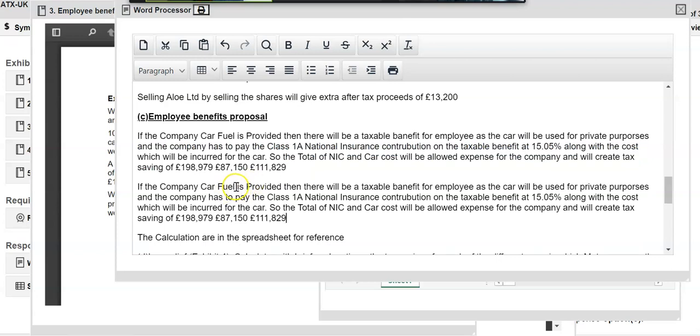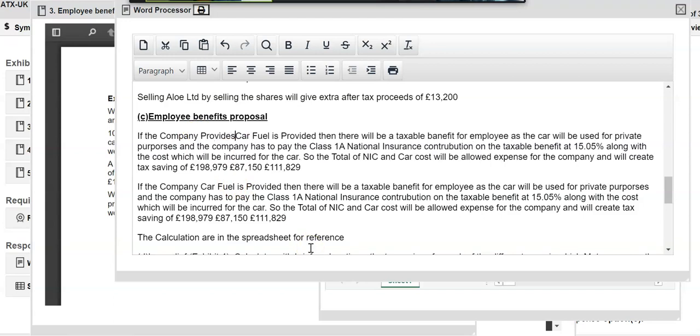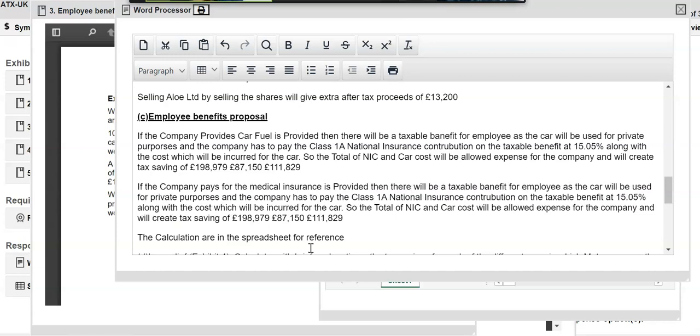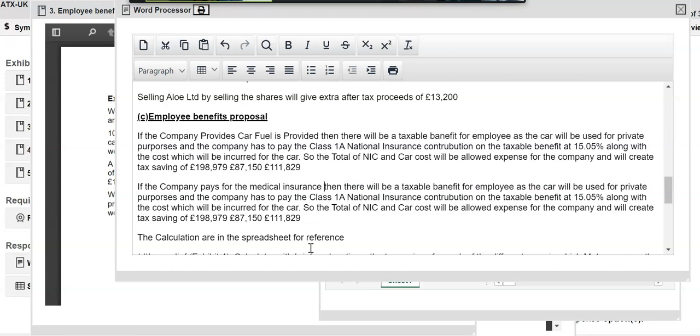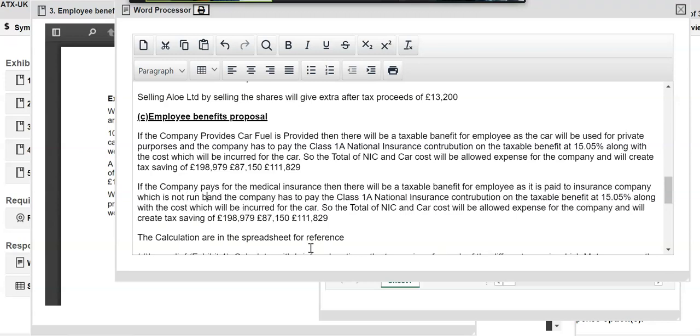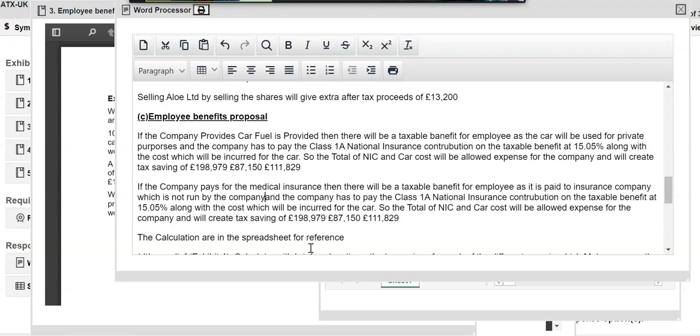If the company provides car fuel, and if the company actually pays for the medical insurance, then there will be a taxable benefit for the employee as it is paid to an insurance company which is not run by the company, and the company has to pay class 1A insurance contribution, taxable benefit, this, okay, along with the cost incurred for the insurance, right? So the total NIC would be,